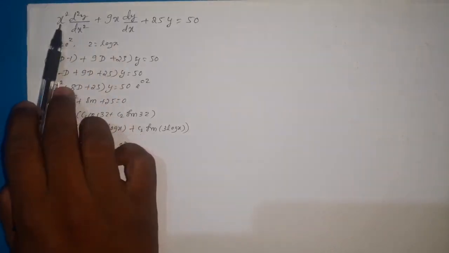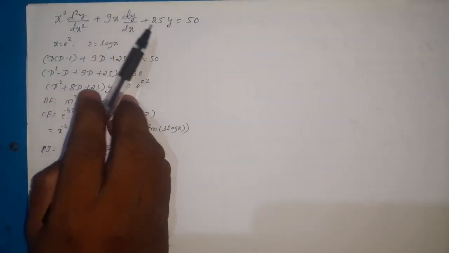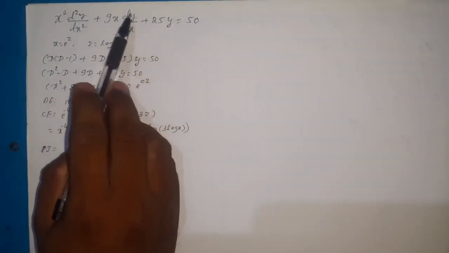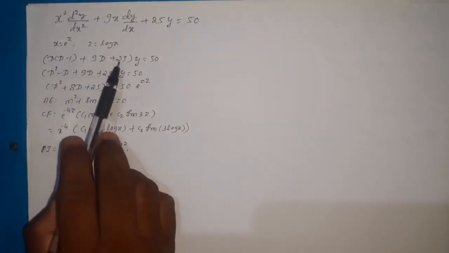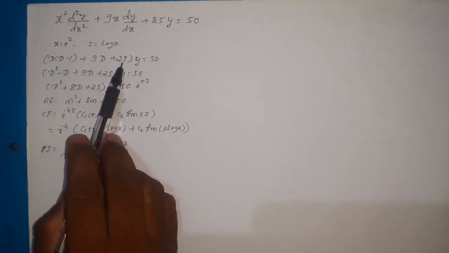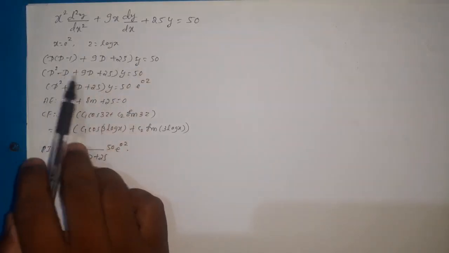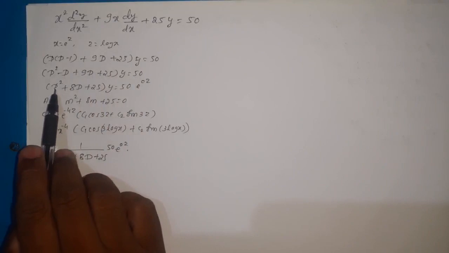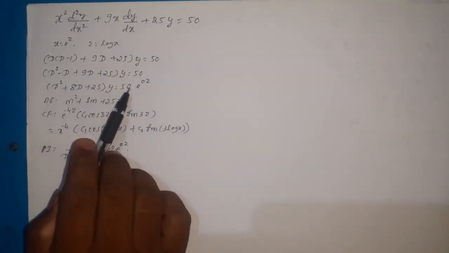So x square d square y by dx square plus 9x dy by dx plus 25y can be written as D into D minus 1 plus 9D plus 25, into y is equal to 50. Then after simplifying this, we got D square plus 8D plus 25 into y is equal to 50